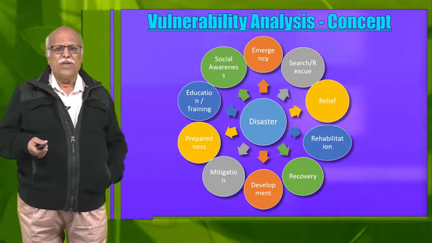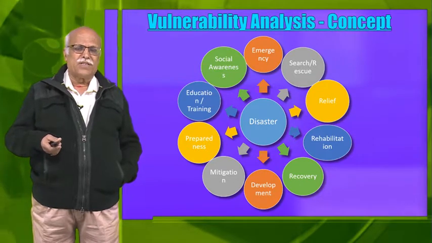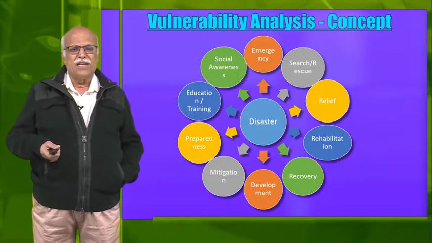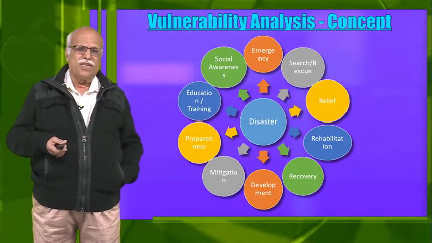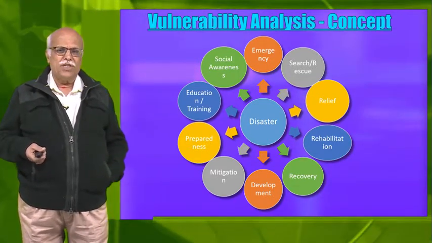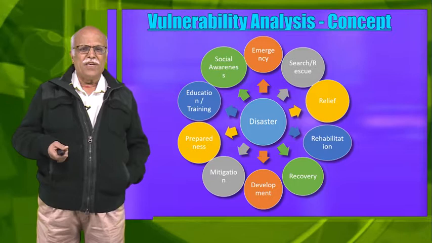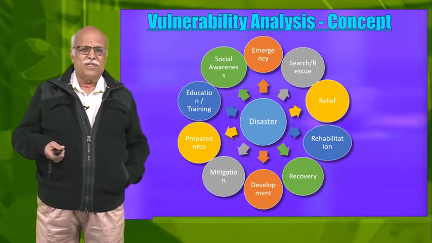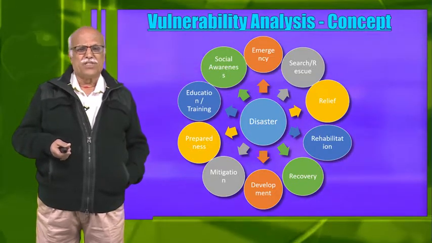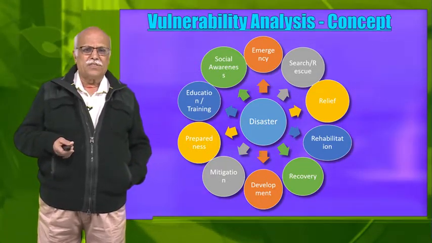It is said earthquakes don't kill, buildings kill. In other words, the material that you have used for various constructions may be responsible for people getting killed. So in mitigation, what we have to think is, use such materials by which even in case they get damaged, even in case they fall, even in case they are totally destroyed, the persons living inside should not get so badly hurt that they will get killed. This is one of the aspects known as mitigation. The other aspect of it is how to bring them back to normal life.